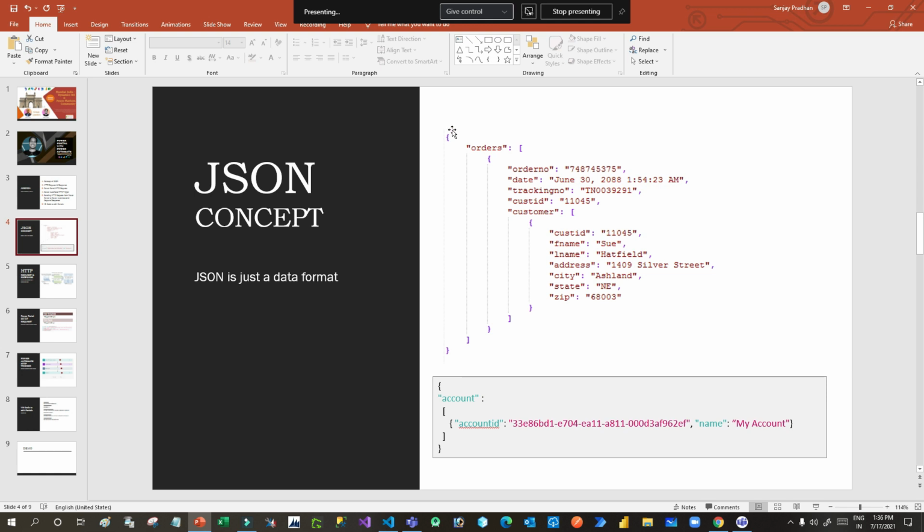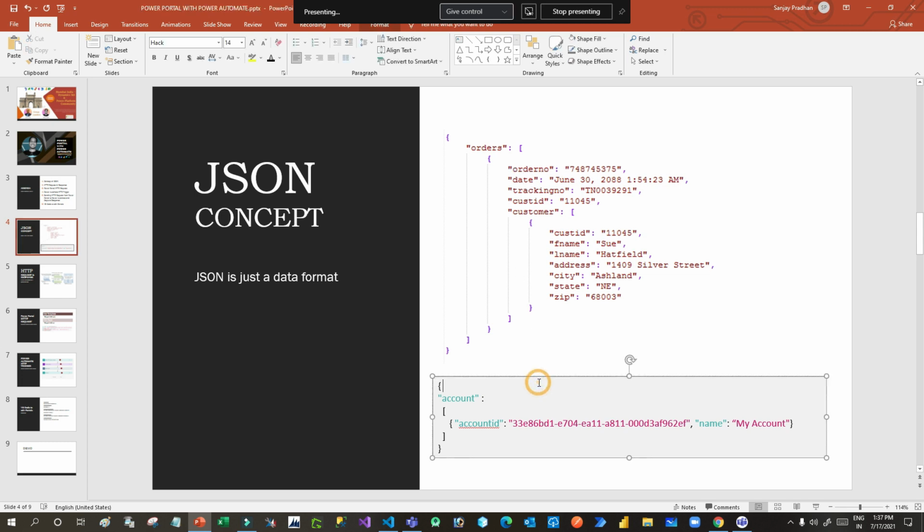Okay, so first you have to start with curly braces, then you give the property name and the property value. If it is an array type, I have taken this array type. If you want to pass a JSON object as an array, then you have to use square brackets. Inside that you pass different line items, and in those line items you pass different types of orders.